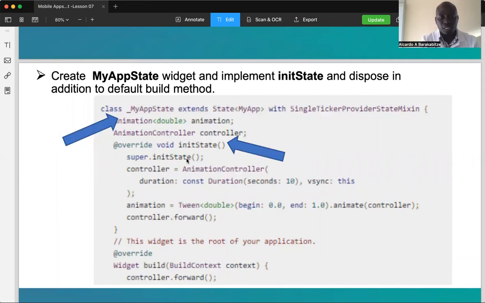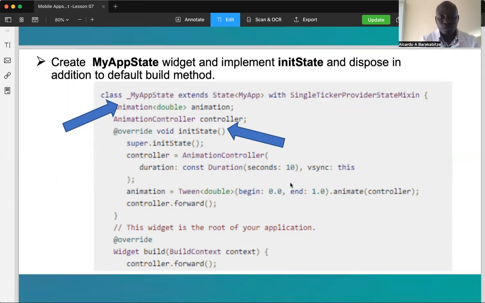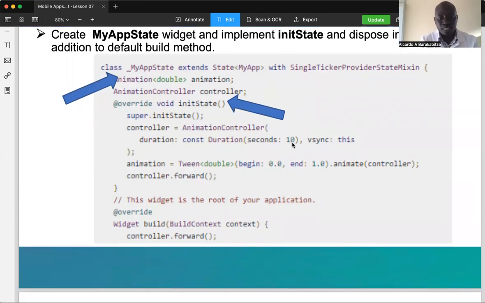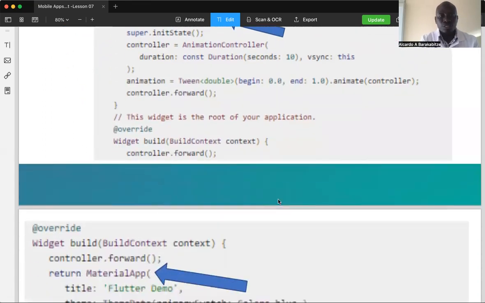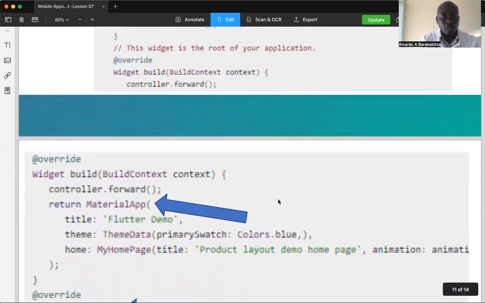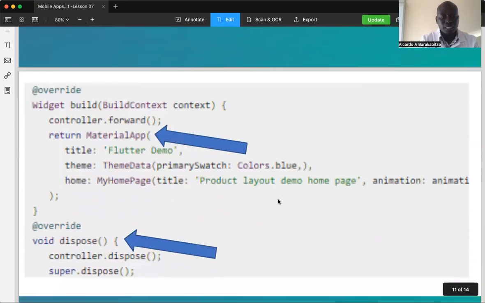Super.initState, controller animation. So you define the duration of your animation for how many seconds you want your animation to be animated while your mobile app is running on your smart device. It's 10 seconds, for example. Then animation tween double for how long, beginning 0.0 and then end at 1.0. Then animate controller is usual. So this is just an example of how the animation can work in the main.dart